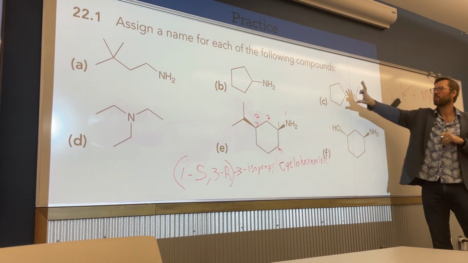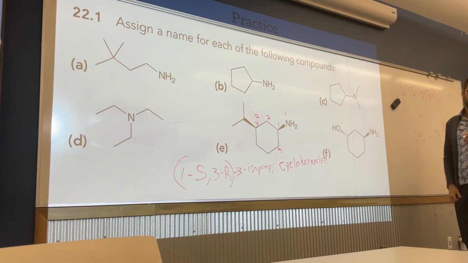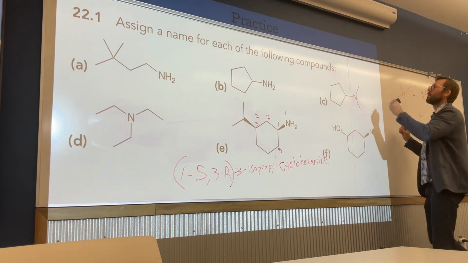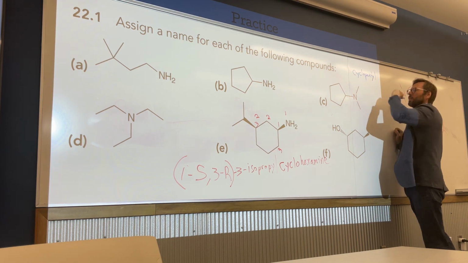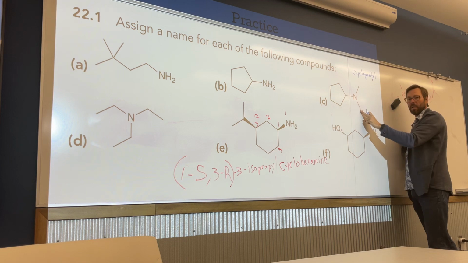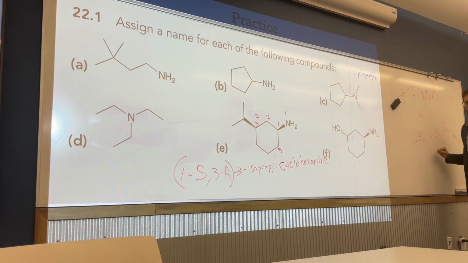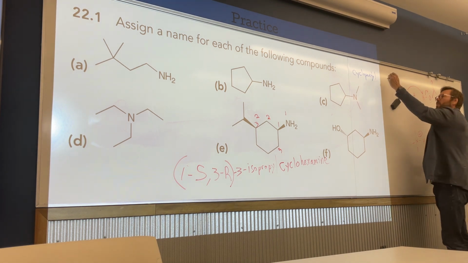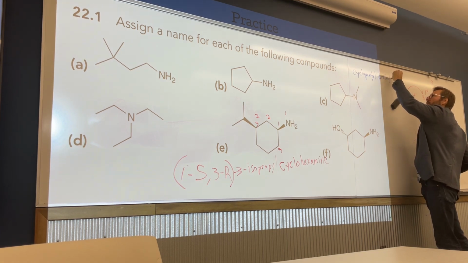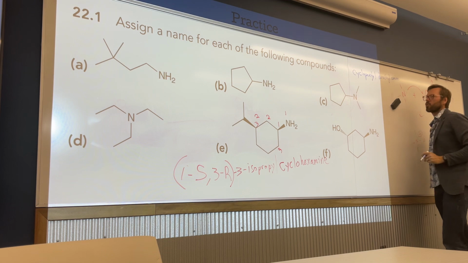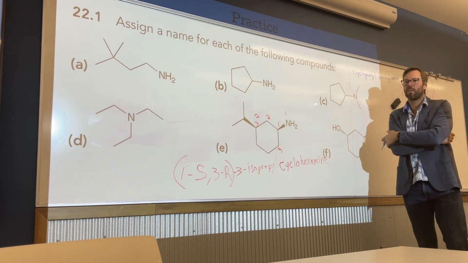So, what is this? Cyclopentyl. And we have an amine, right? And what's coming off of those amines? It's not hydrogen. Methyls, yeah. So dimethylamine. Cyclopentyl dimethylamine. That's a tricky one because you could say, well, why is it dimethyl